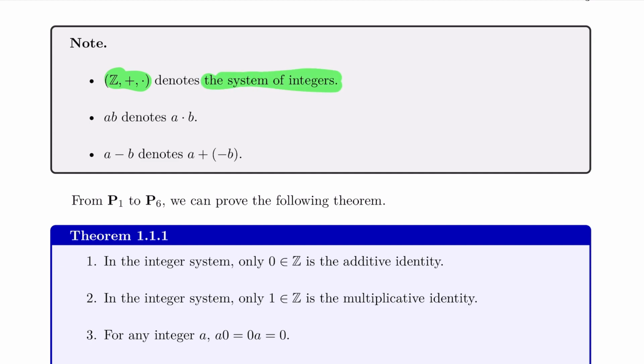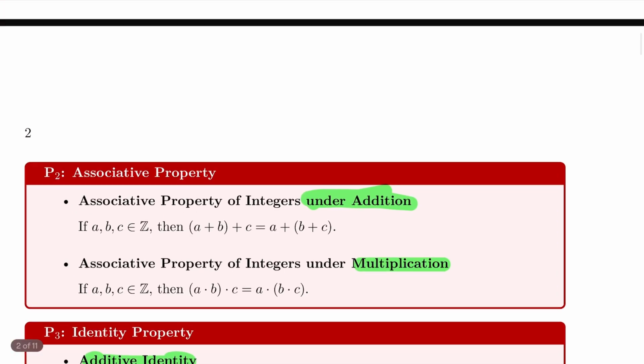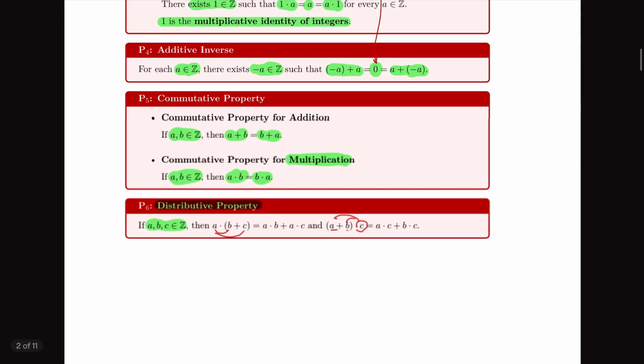Okay, meaning that the system of integers consists of plus and multiplication. And ab denotes a times b. A minus b denotes a plus (minus b). Okay, so from P1 to P6, these properties here we can prove